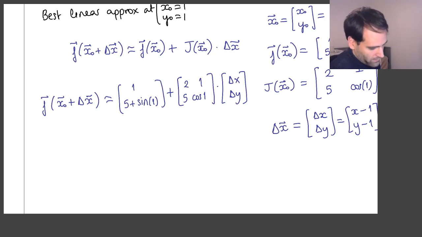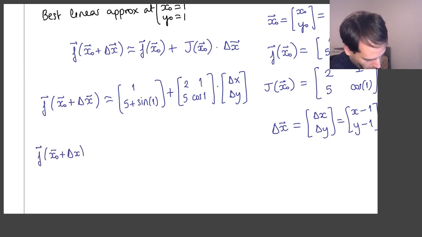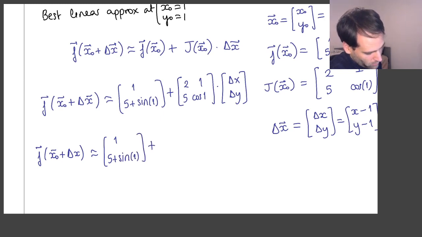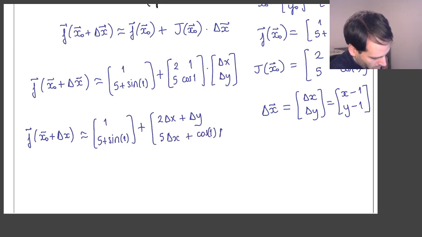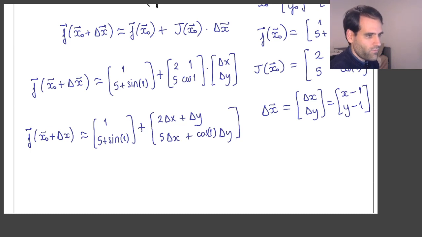So let's develop it. Let's do it like that. So let's first write this f approximately equal to what? So this is going to be 1 and 5 plus sine of 1. And now let's do this matrix product multiplication. Okay, so this will be a column vector, whose first element is 2 delta x plus delta y, and the second element is 5 delta x plus cosine 1 times delta y. Okay,